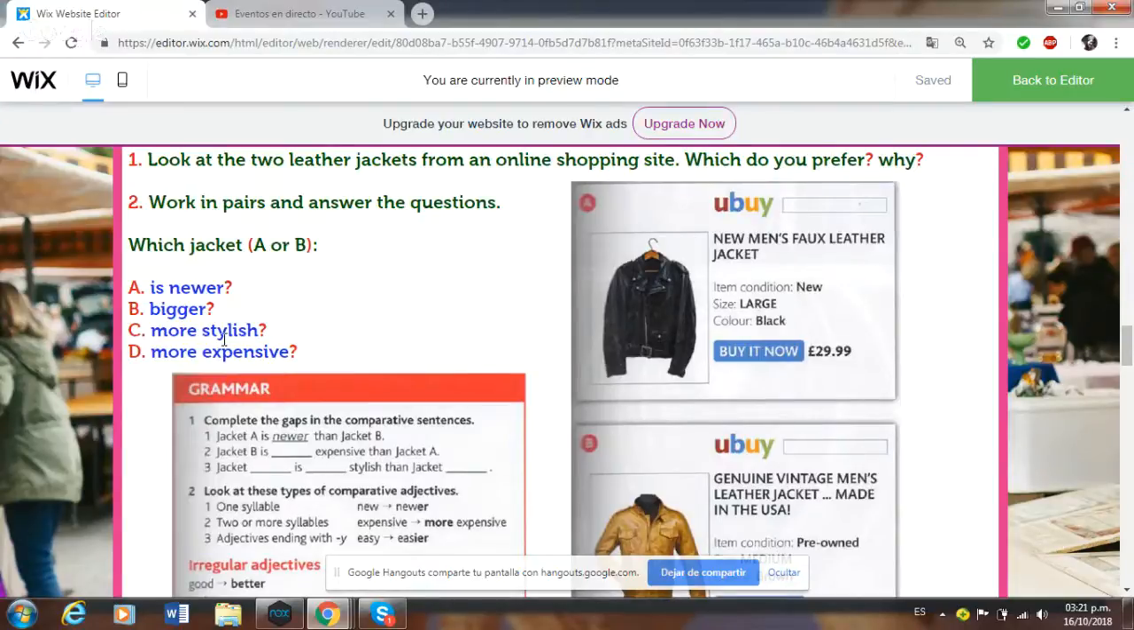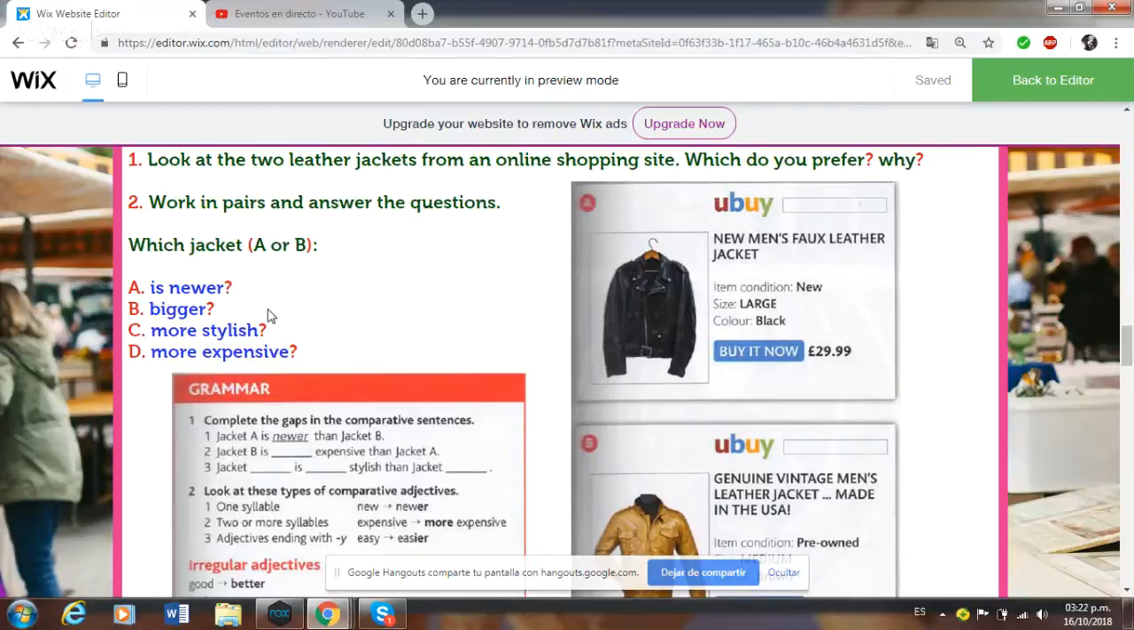you need to answer these questions. Okay. Which jacket? And this phrase is repeated in the four questions. Okay, A to D. These questions are the same, no? For example, which jacket is near? What do you think? Taking into account these images, these photos. Yes, A or B, for example, no? A or B. Yes, then when you look at this photo,